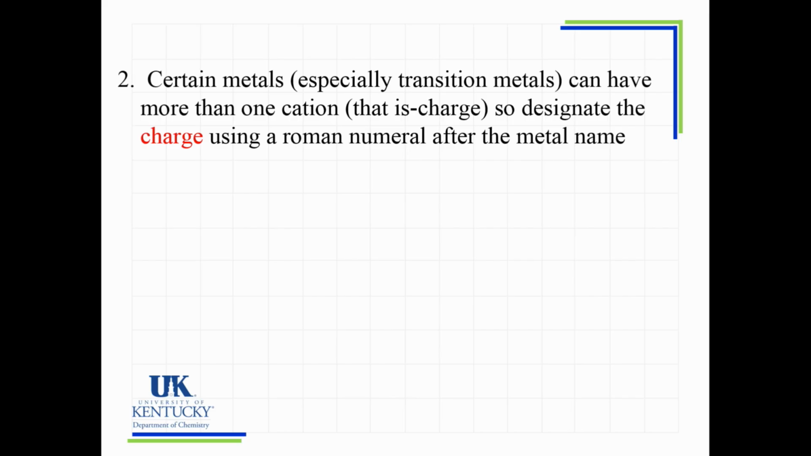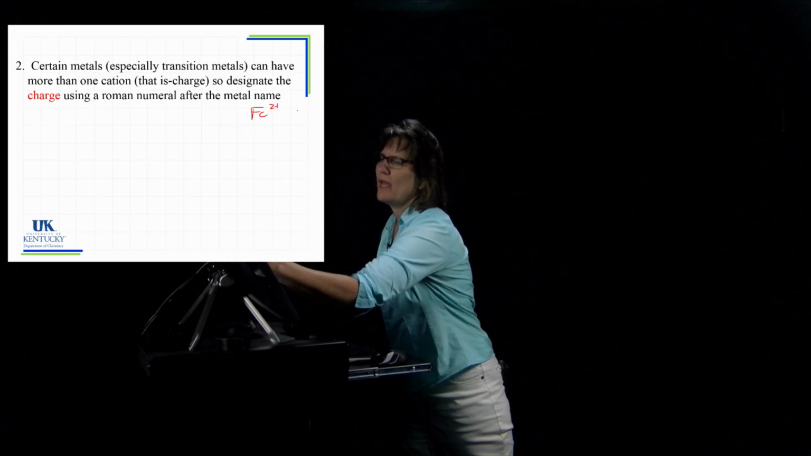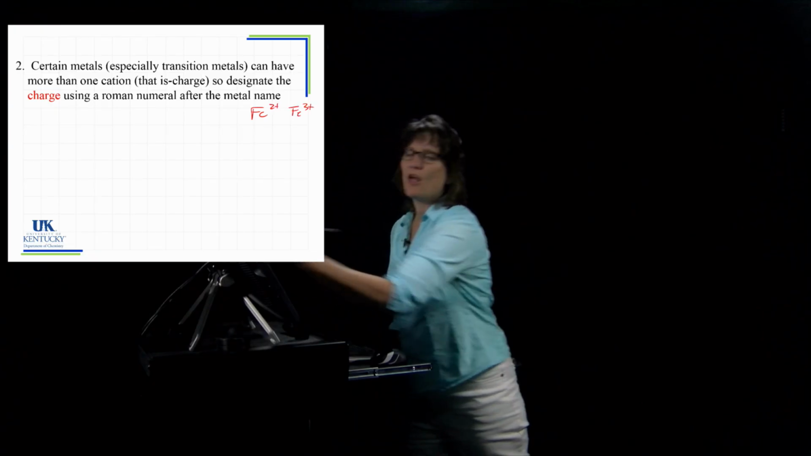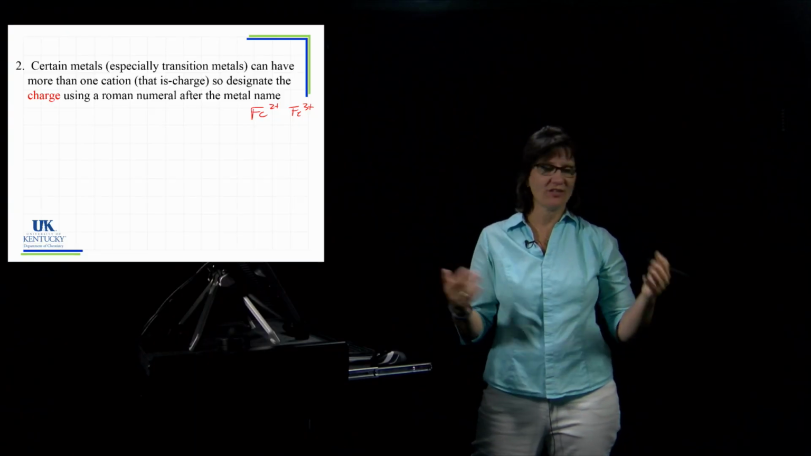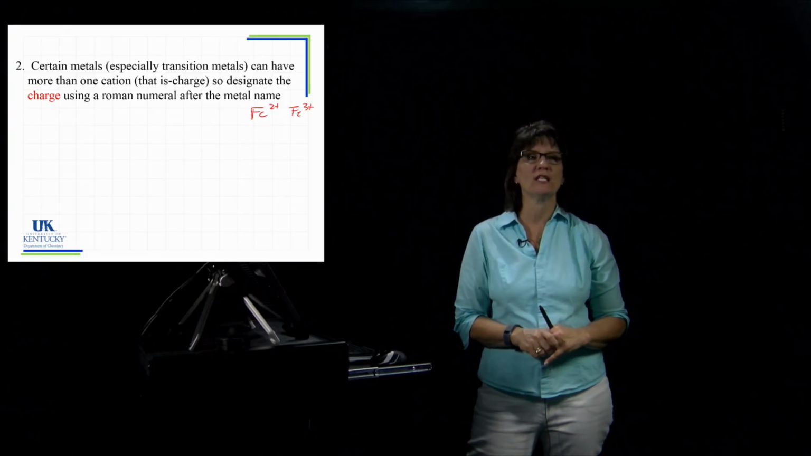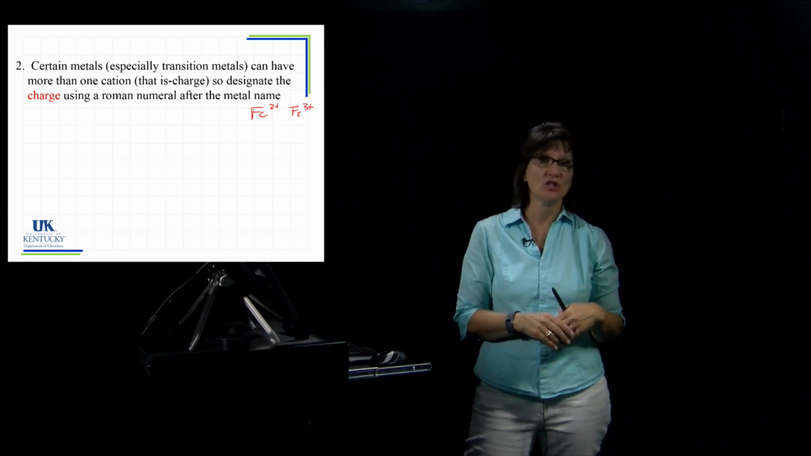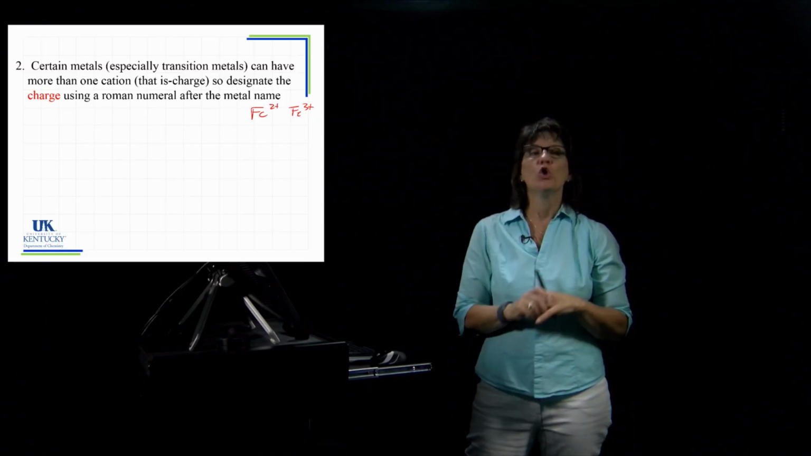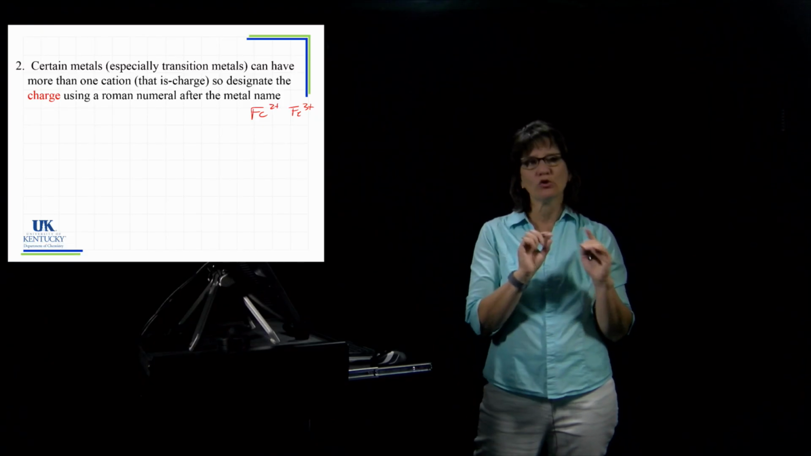If you look at a periodic table and find iron, for example, you can't know the charge of iron. There are 2 common charges of iron: Fe2+ and Fe3+. You cannot look at a name that was just iron chloride and know which charge it is. You can't go to the periodic table and say, oh, there's iron, therefore I know its charge. You have to be told what its charge is with the name, and the way you're told is